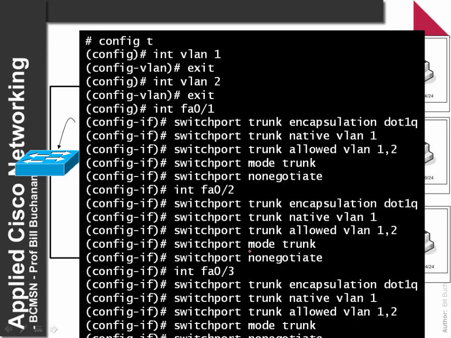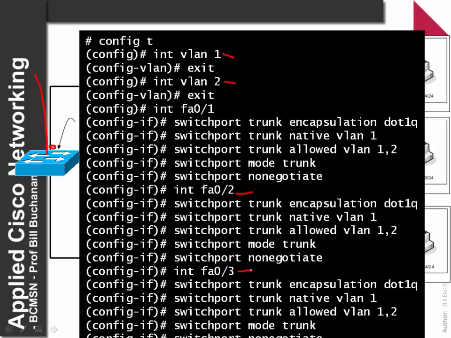On the switch, in this case we set up our two VLANs and we create them here. There's no need to allocate an IP address if we don't need to access it remotely. And then in this case the first port is allocated as a trunking port, the second one for trunking, and the third one for trunking.